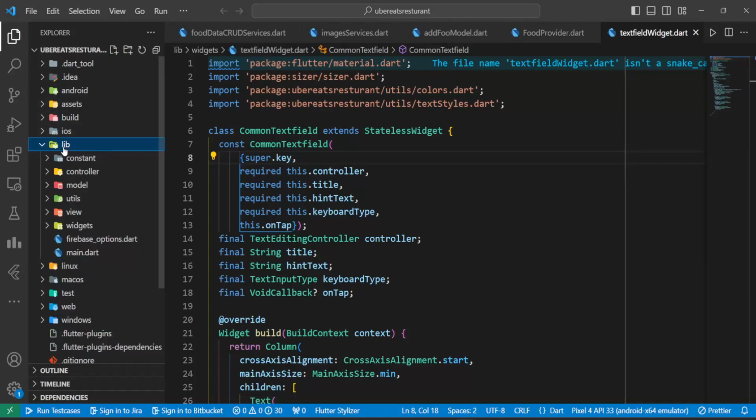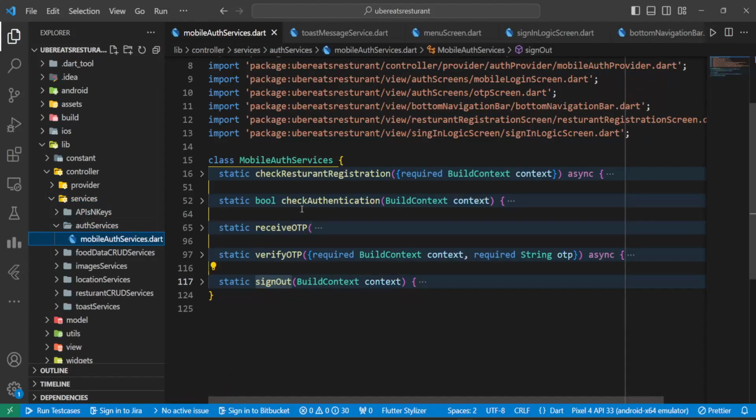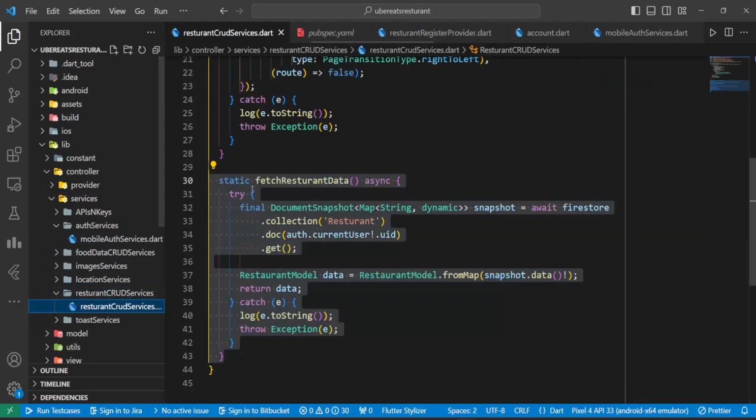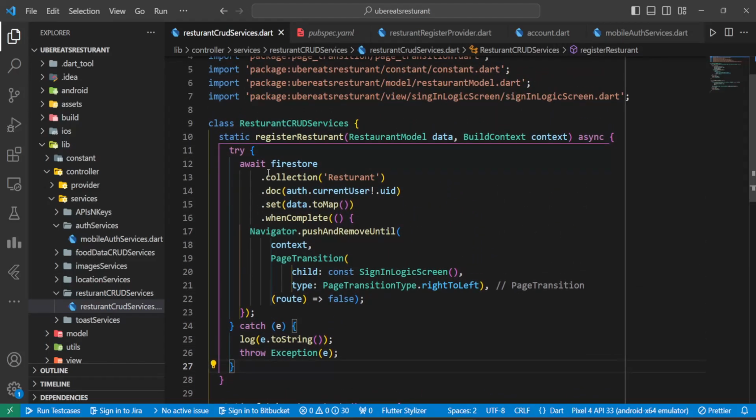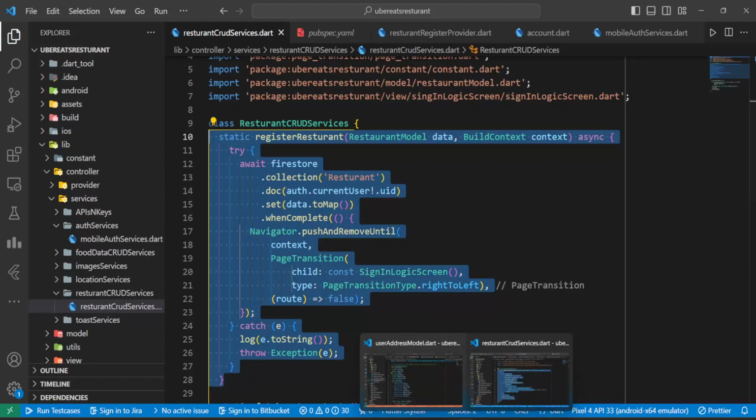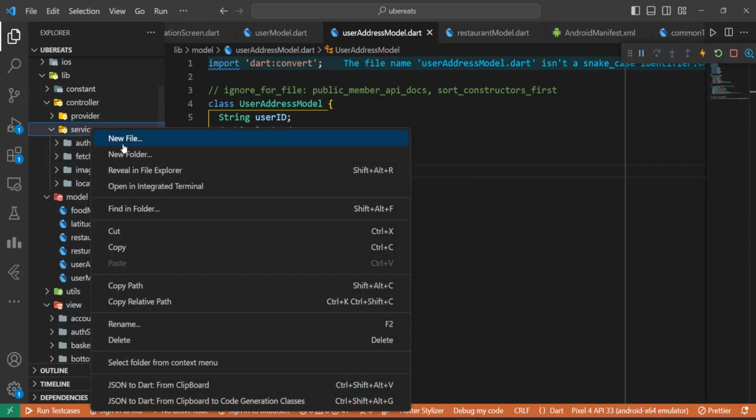Let's go to lib, controller, services, and here we do have auth services. Is it check restaurant, verify, sign out? Okay, this is not the one. We will be looking for restaurant CRUD services. Here we do have fetch restaurant. We want to upload data, register restaurant. So we'll copy this one, go back to our Uber Eats, and here inside services,